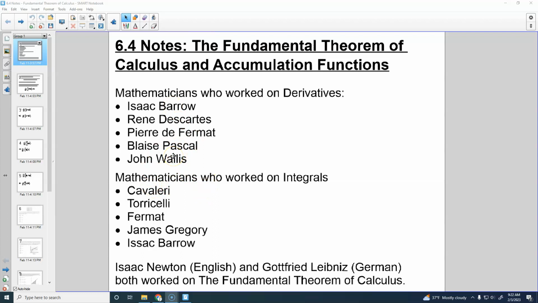They probably knew how to go backwards, like, I knew that this was my function, so if I wanted to go backwards from the derivative back to the function, they probably knew how to do that. Like, whenever you guys had that worksheet before you did the notes, did you guys do that yesterday? Could you guys figure that out on your own pretty well? Like, you guys were able to come up with that on your own. So they were coming up with stuff like this.